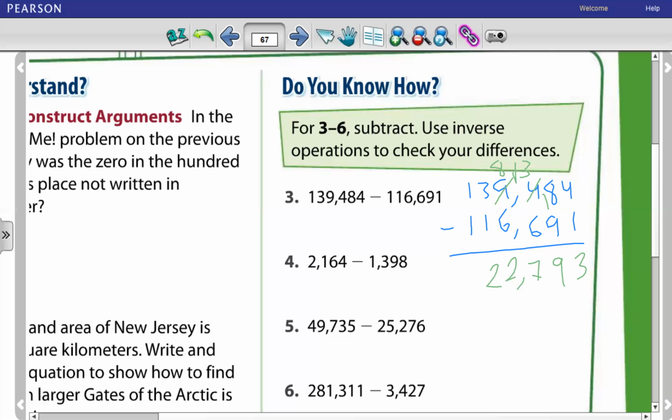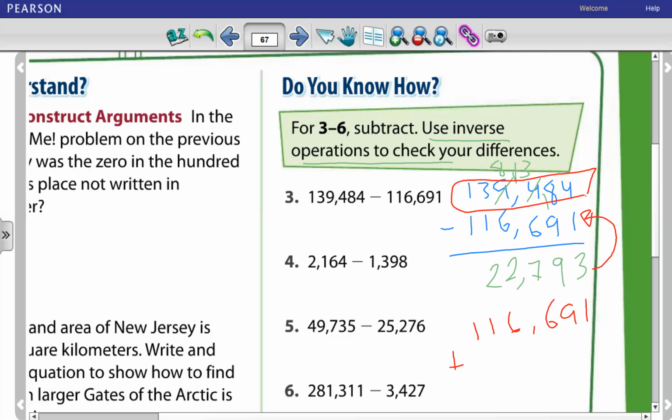Now we subtracted. So now we can use inverse operation to check your difference. Inverse operation means I have to add the answer with this number. It has to be this number, 139,484. So 116,691 plus the answer